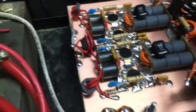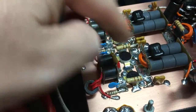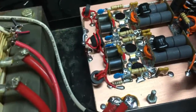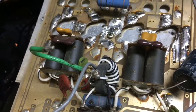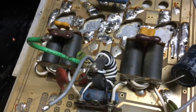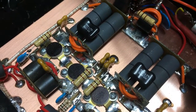This is pretty much a new amp. I did use his original input transformers. I measured all of his caps out. I was going to use the original output transformers. They were just too small. You can get a little power out of them if you do some tricks to them, but I went ahead and put some 1.25 inch,